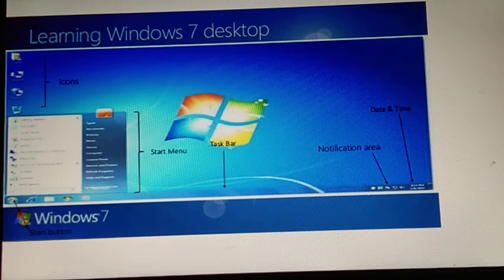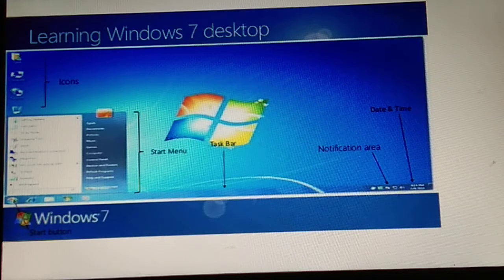Dear students, this slide shows you how you can start Windows 7 on your desktop or on your laptop. If you want to open Windows 7, you have to click on the start button. After clicking on the start button, this type of window appears.